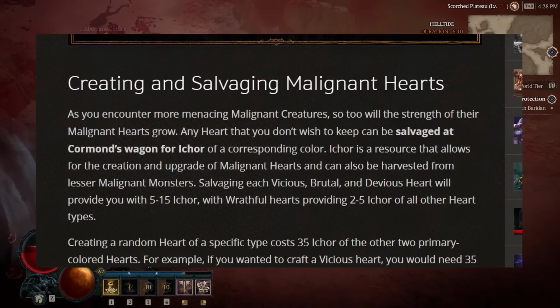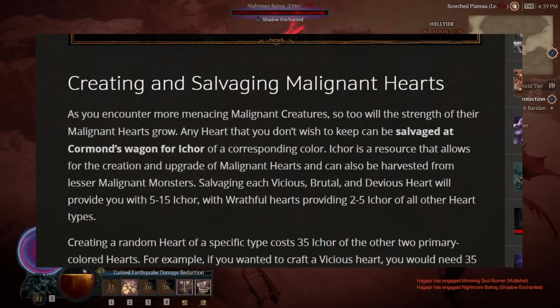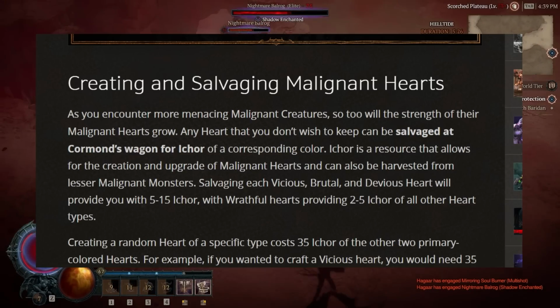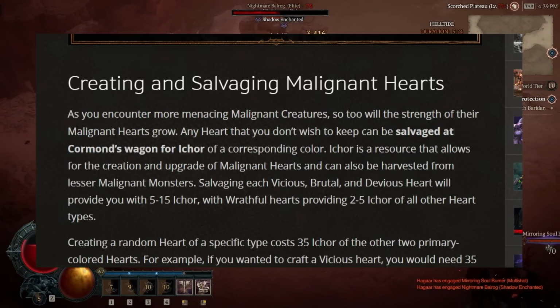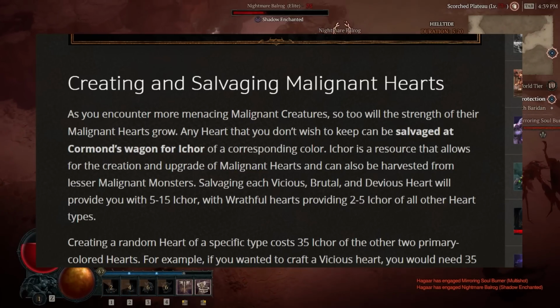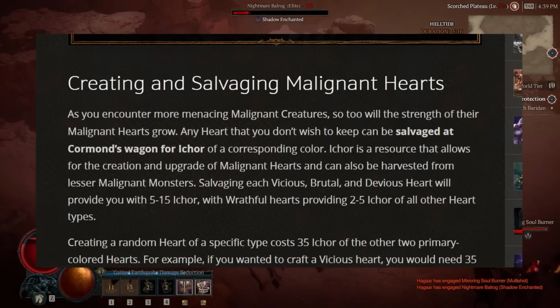Creating and salvaging malignant hearts. Now, it says this: as you encounter more menacing malignant creatures, so too will the strength of their malignant hearts grow. Any heart that you don't wish to keep can be salvaged at Corman's Wagon for Ichor of a corresponding color. Now, Ichor is a resource that allows for the creation and upgrade of malignant hearts and can be harvested